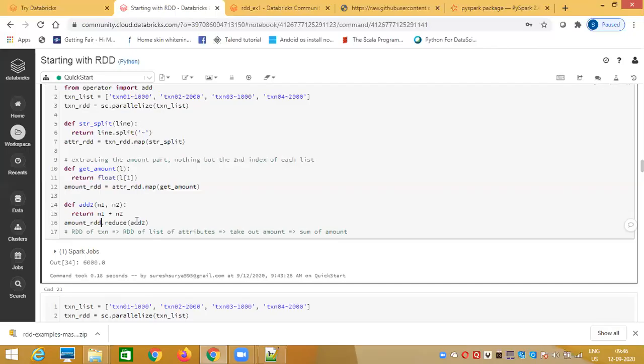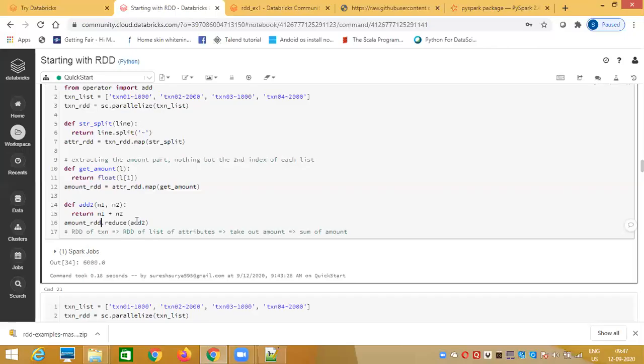And till now you have seen that every time we call the action at the end, because once you call an action, you will not be able to call any other transformation, because actions return non-RDD. You won't be able to call any other transformations on that. So in a chain of transformation calls, you read data, apply a whole bunch of transformations, map, filter, like that. You keep applying multiple transformations, and at the end you call an action. Syntactically, this is the definition and the difference between transformation and action.